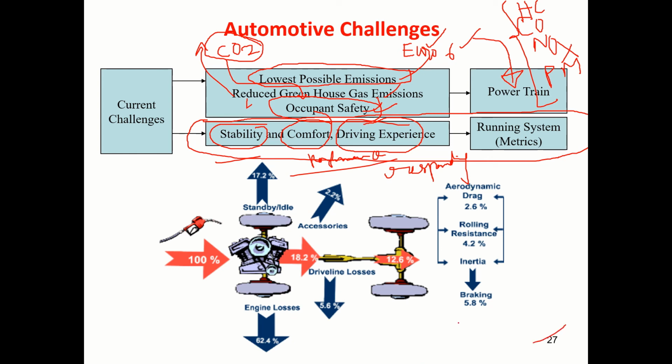Okay, let us look at those things. I've just shown here, when we give input as 100, finally what is going to be coming out for us. So what all the losses happen? How to reduce the losses? Over the years, better and better technologies are being introduced to reduce these losses. Anyway, there are issues like this.